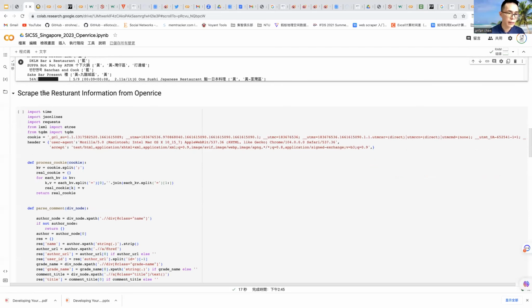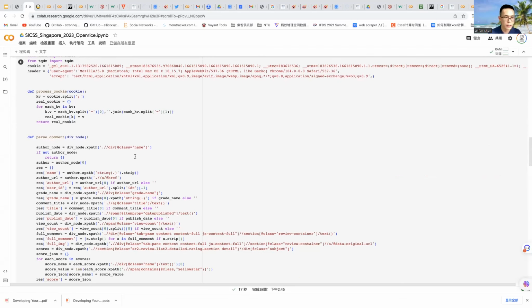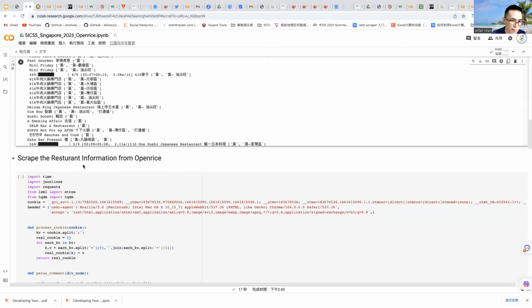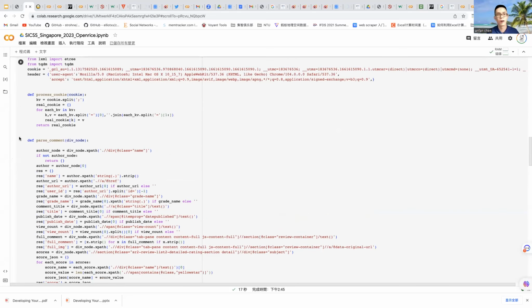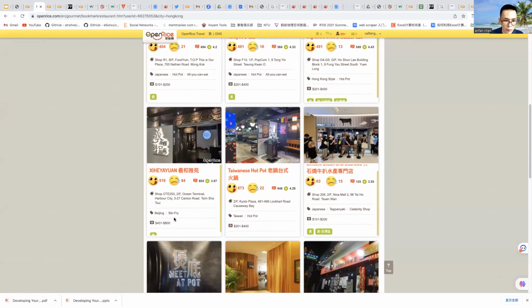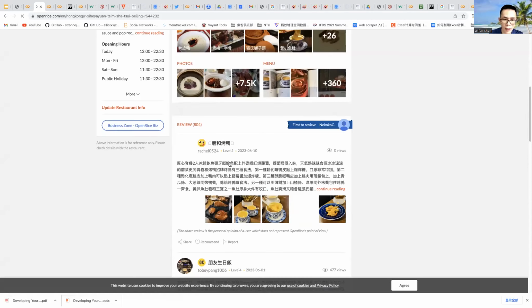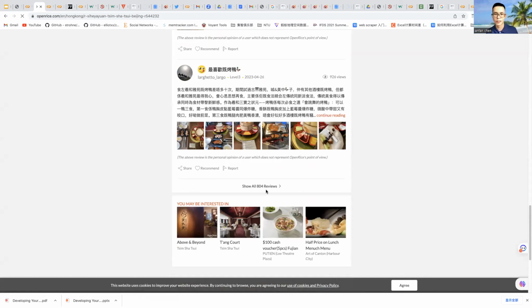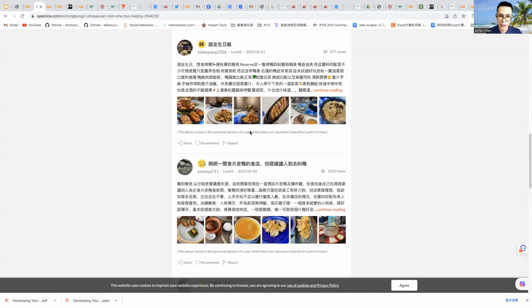And you can scrape more information from OpenRice, such as the name of the restaurant, and the reviews for every restaurant. There are so many reviews for this restaurant. You may want to investigate the reviews affiliated with this restaurant.